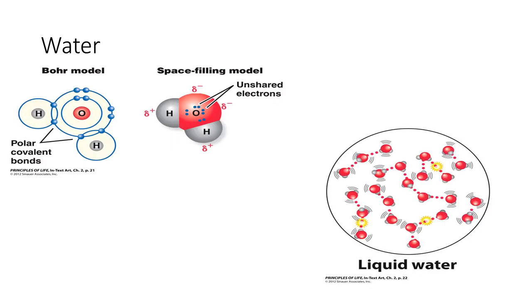Water is a molecule. If you remember, a molecule is created by two atoms that are nonmetals, and both oxygen and hydrogen are nonmetals. Even though hydrogen's on the left side of the periodic table, it's floating above, and I said that was that one exception to the rule of to the left and to the right of the zigzag